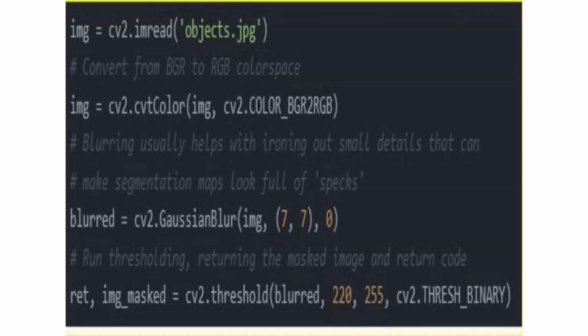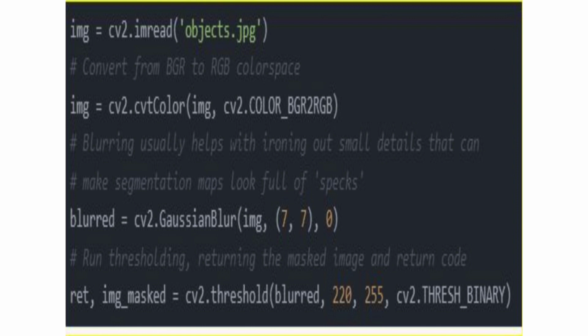Here we can see in the code that the image is loaded with cv2.imread, that is a JPG file. So, we are going to load our image in Python code with this line, and image is equal to cv2.cvtColor to RGB. If we are finding the color image, we are going to plot this line for the color image. Now, we have taken blurred is equal to